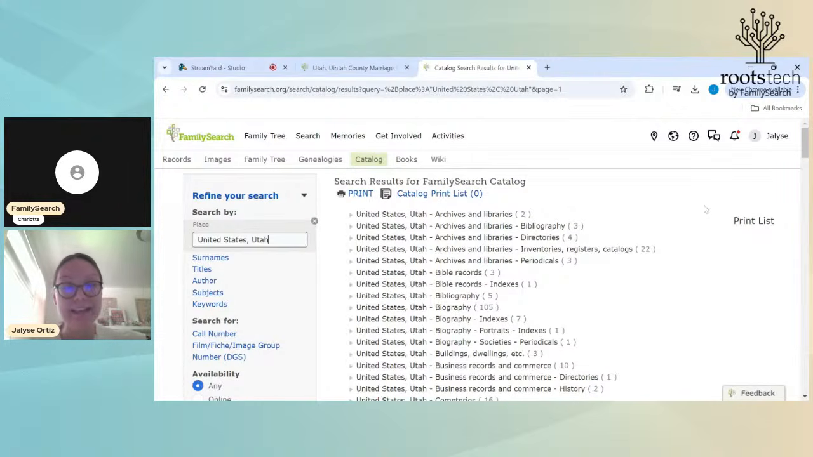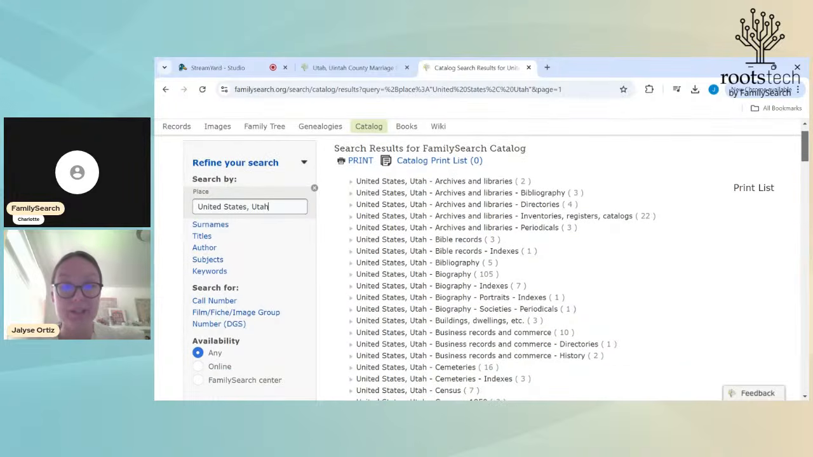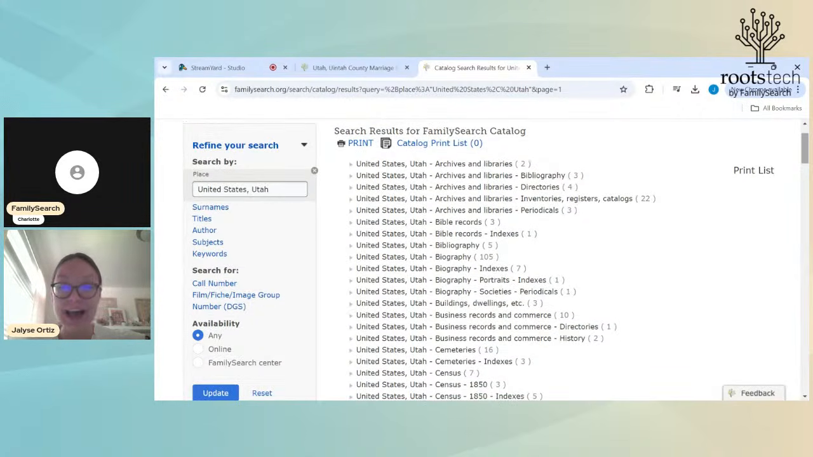Here I see anything that has to do with Utah. And this list here is in alphabetical order. So I can see archives and libraries are at the top, and the Bible records, etc., as we go down the list. And one thing that I want to point out here is, of course, you can search by place,